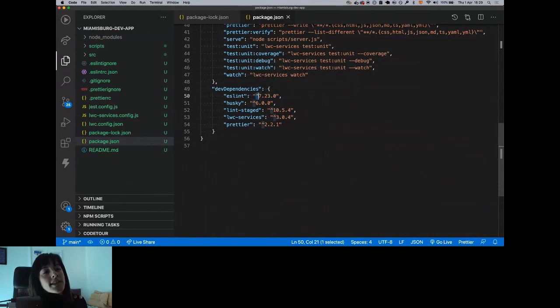So this caret here means that this application is happy to use Slint version 7.1.1, for instance, from Slint version 7 release 0.0 to Slint version 7.9.9, right? All the possible versions in the major version number 7, right? That means that